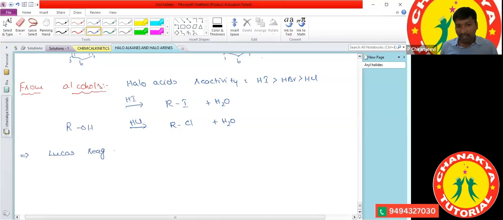Lucas reagent. Have you heard the name of the Lucas reagent? What is meant by the Lucas reagent? The Lucas reagent is nothing but a mixture of anhydrous ZnCl2 and concentrated HCl. It is used